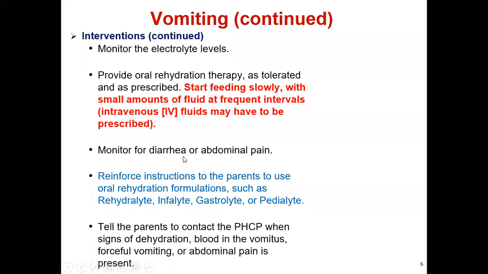Monitor for diarrhea or abdominal pain, and reinforce instructions to the parents to use oral rehydration formulations such as Rehydrate, Gastrolyte, or Pediatric. Tell the parents to contact the healthcare provider when there are signs of dehydration, blood in the vomitus, or forceful vomiting. Also, if the patient complains of abdominal pain,